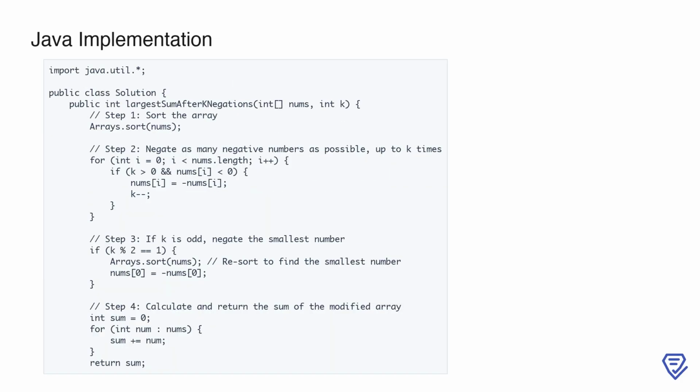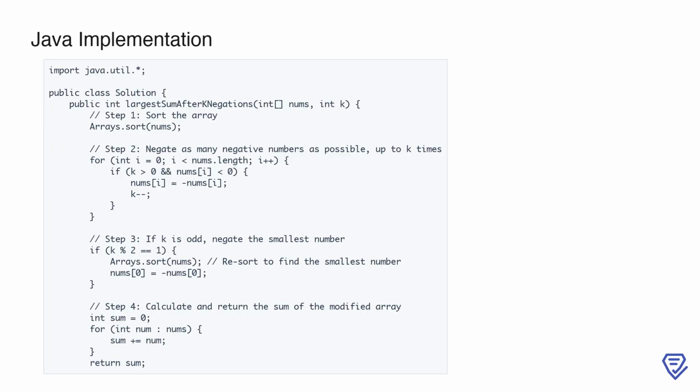Here, we start by importing the necessary Java utilities and defining our solution class and method. The goal of the method is to maximize the sum of the array after performing up to k negations. First, we sort the array in ascending order using Arrays.sort(nums). This ensures that the smallest numbers come first, which is important because flipping negative numbers has the greatest impact on